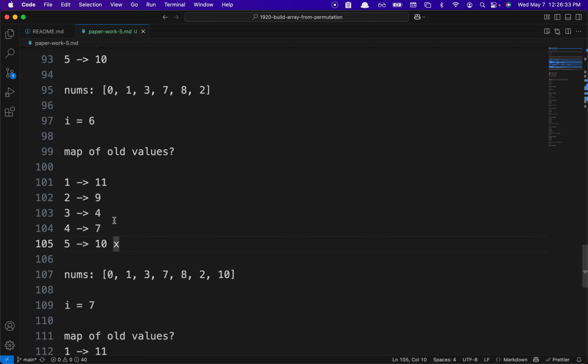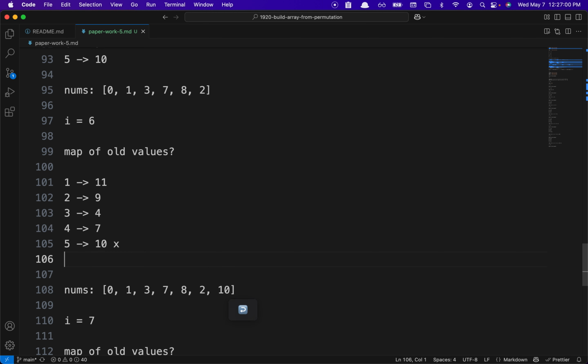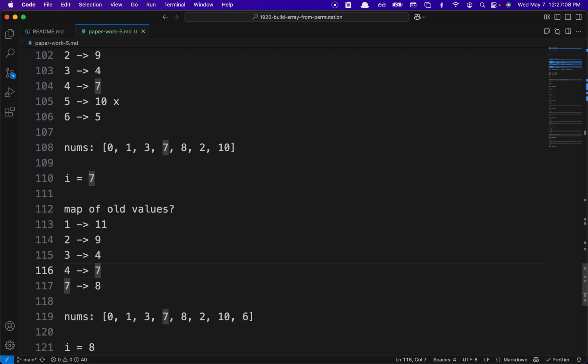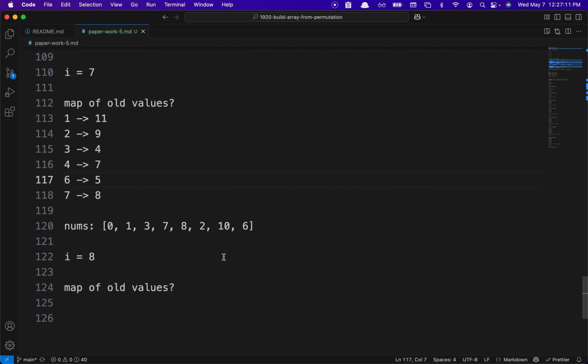Oh, we actually have to put it here. We remove this and we are changing over here, I equal to 0, 1, 2, 3, 4, 5, 6. We should actually store the value of 6 over here before we change it. So we're going to write that 6 points to 5 before we do something. So 6 points to 5. So now for I equal to 8, we know that